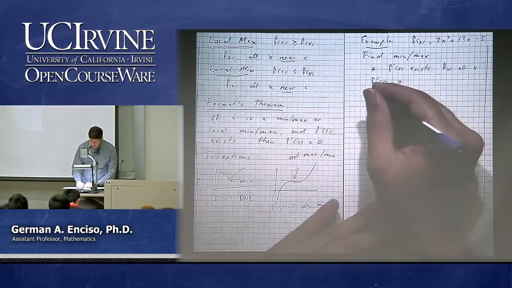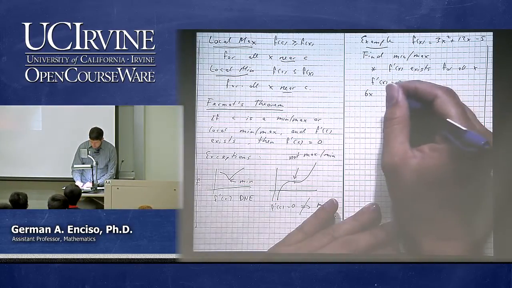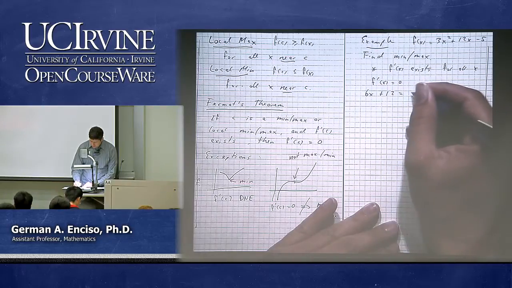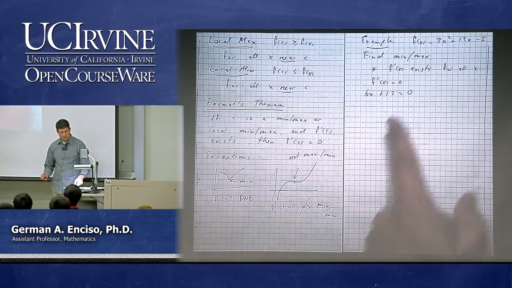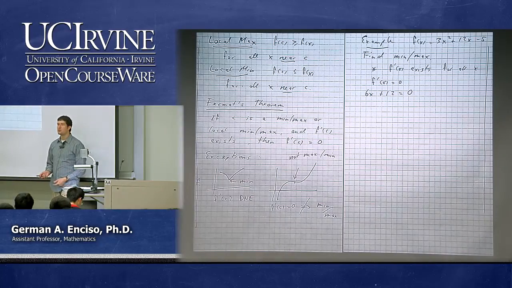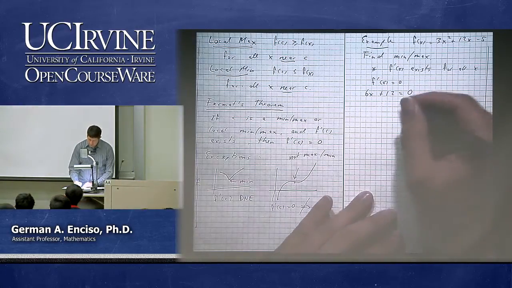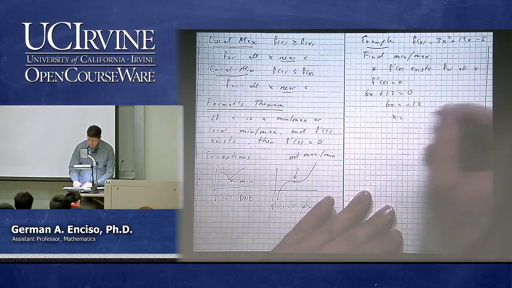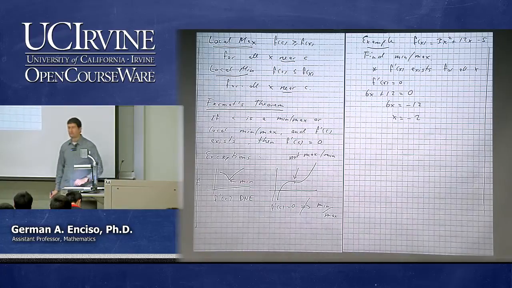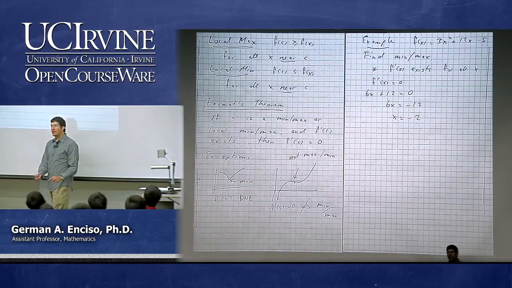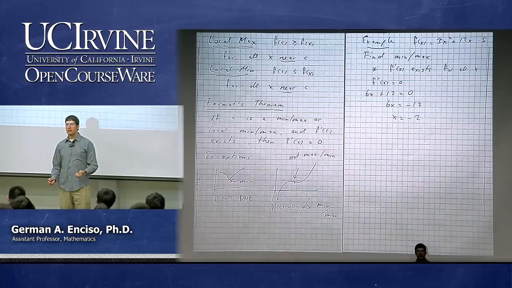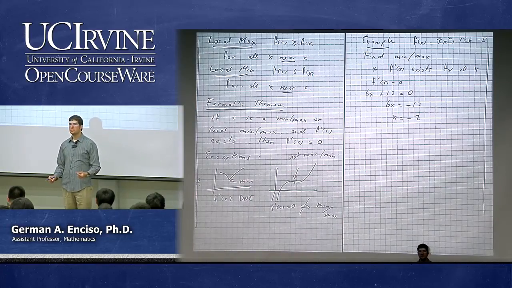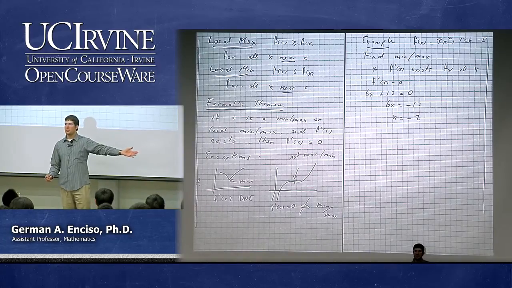That means that 6x plus 12 is equal to 0. Because the derivative of this function, of course, is 6x plus 12. And then we get 6x is equal to minus 12, or x equals minus 2. Now, are there any other maxima or minima? Nope. There cannot be any more maxima or minima because they all have to satisfy that the derivative is 0. Right? So this is the only